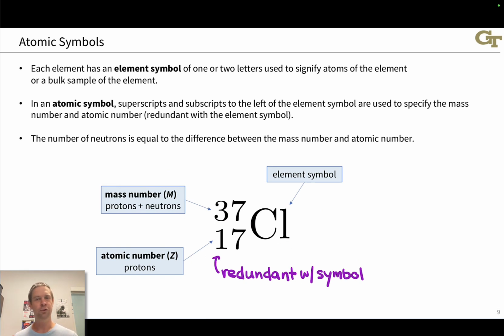Sometimes it's done, though, to make it easy to determine the number of neutrons in the nucleus. Since the atomic number is the number of protons and the mass number is the number of protons plus neutrons, the difference between these two numbers is the number of neutrons in the nucleus. And this becomes a simple subtraction problem, right? It's even nicely visually laid out to determine the number of neutrons when things are laid out this way